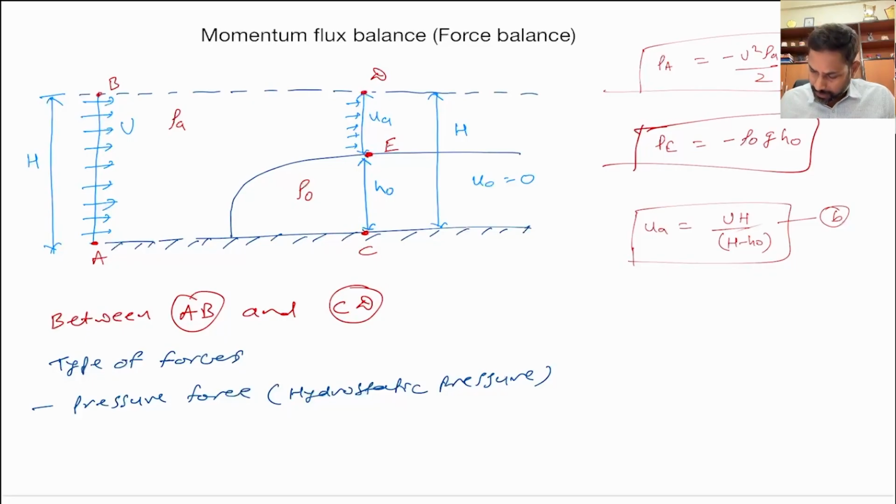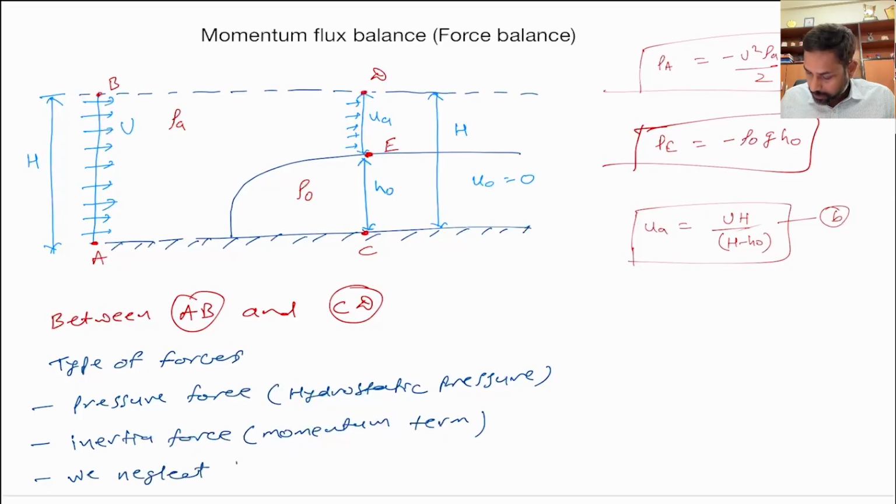So indirectly that's also the buoyancy force. Okay, and then we have inertia force that represents the momentum term, and we neglect the